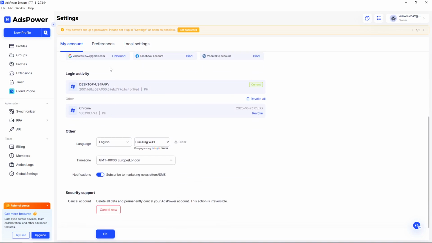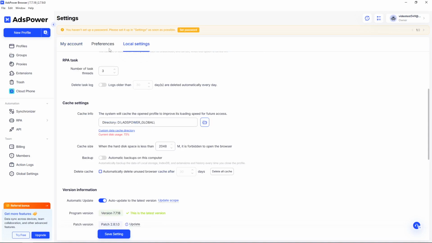By switching this on, you have the ability to control what gets deleted automatically upon launching a profile. You can choose between deleting all cache data or selecting specific types to delete. This automation can save a lot of time and help keep your profiles running optimally. Simply choose the option that best fits your needs, and moving forward, AdsPower will handle it for you each time a profile launches. This covers how to efficiently clear data in AdsPower to maintain your system performance and safeguard your